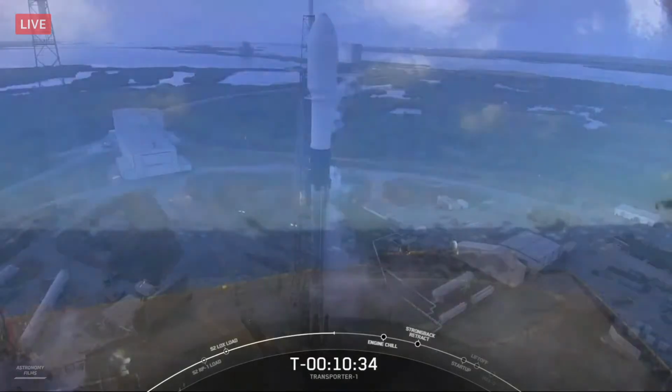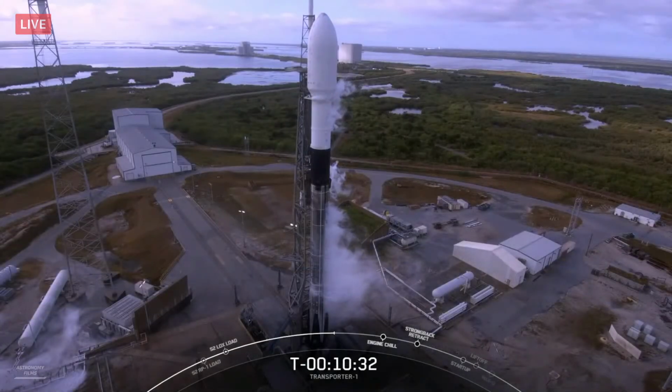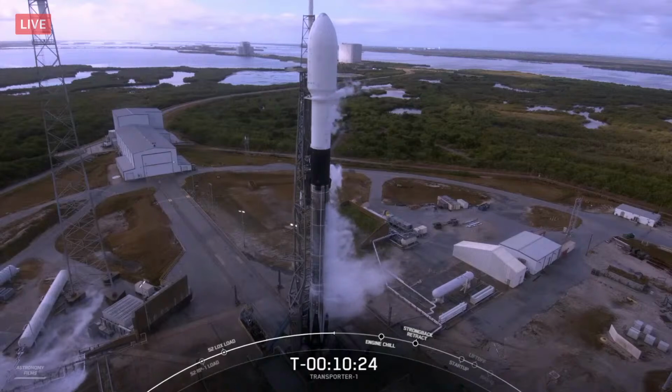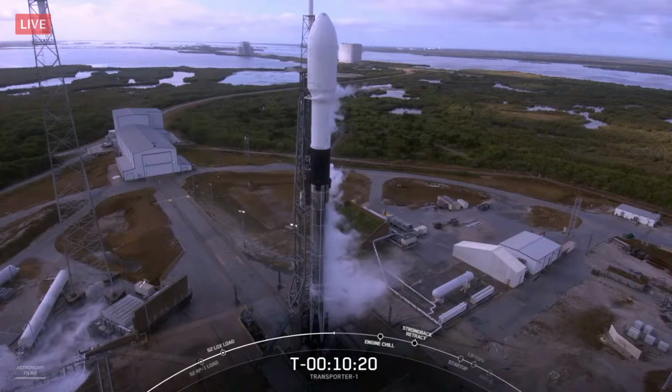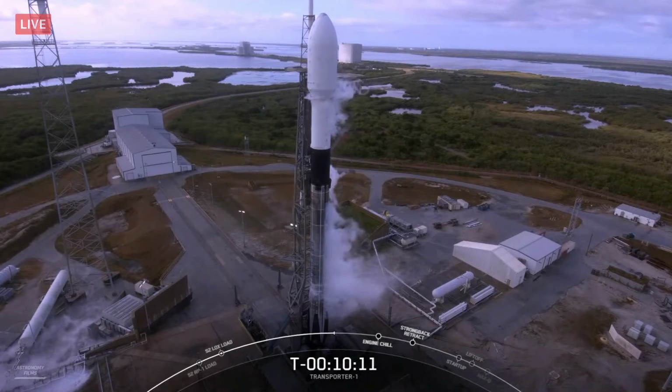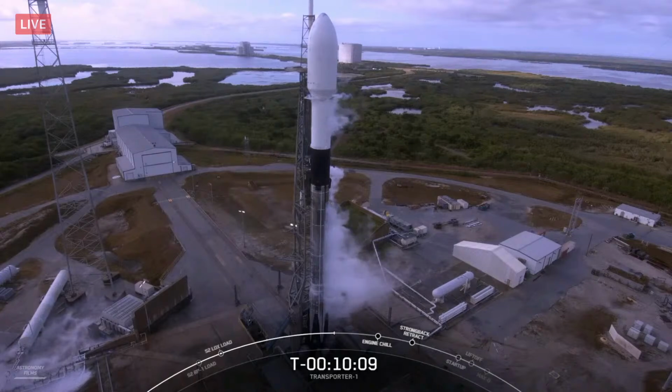On top of the first stage is the black carbon fiber inner stage. This composite material houses the larger nozzle of the second stage engine. And then on top of the inner stage is the Falcon 9 second stage, which will take the payload to its eventual destination in orbit. After the first stage separates about 2.5 minutes into flight, the second stage will then carry the 143 spacecraft to orbit. In order to get to the intended orbit today, we'll need to light our second stage twice before deploying